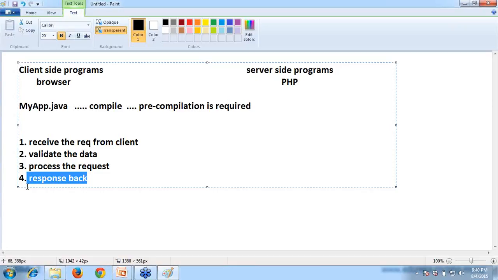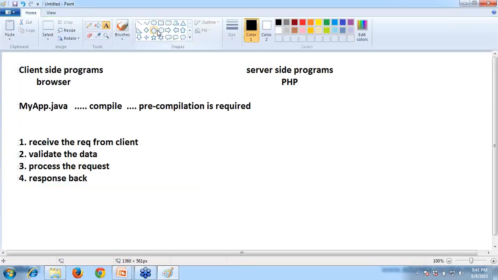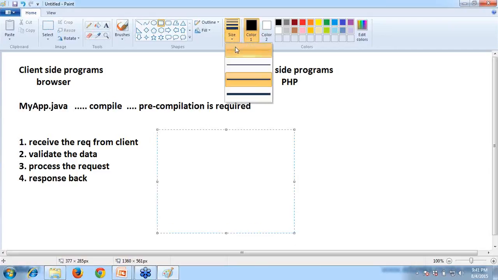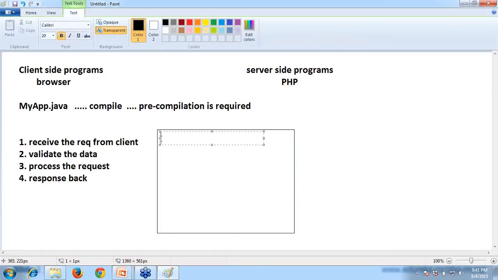If you build a traditional web application like this, what are the limitations? What are the drawbacks when you are developing an application without using a framework? What is a framework? I'll talk about that. Now, what are the limitations of developing a program without using a framework? We are writing everything in the same program itself.